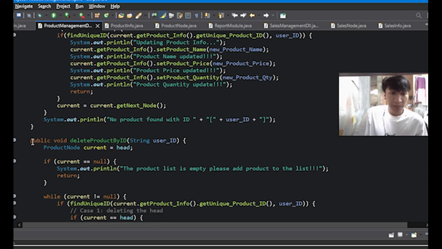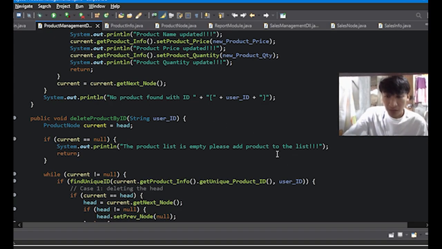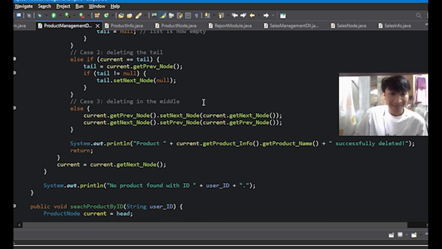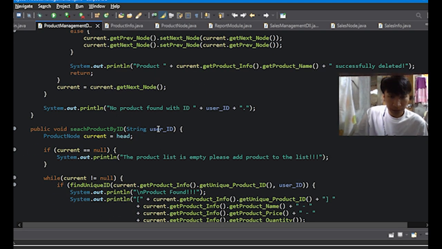Public void delete product by ID, with string product ID, removes a product from the list based on its ID. Public void search product by ID, with string product ID, finds and displays a product's details by its unique ID.